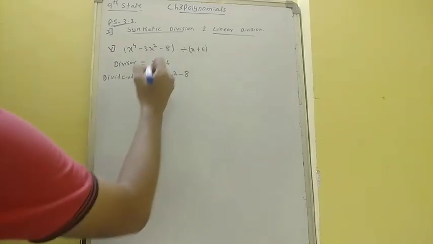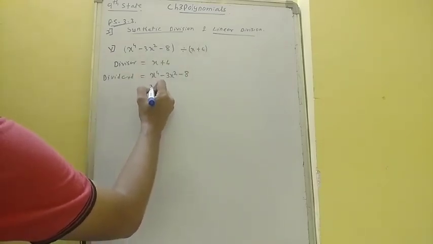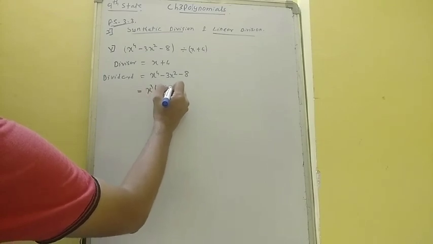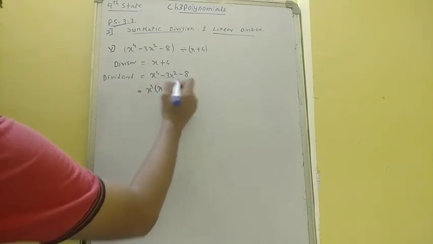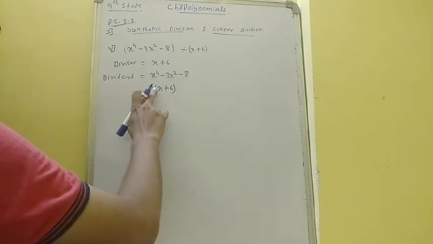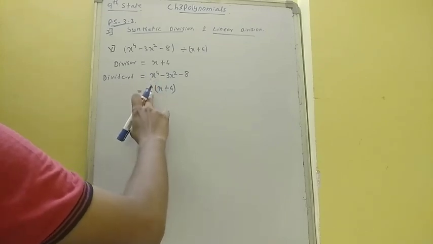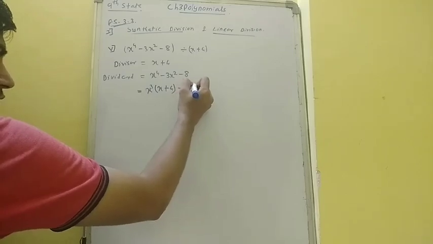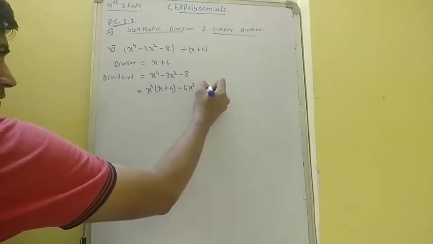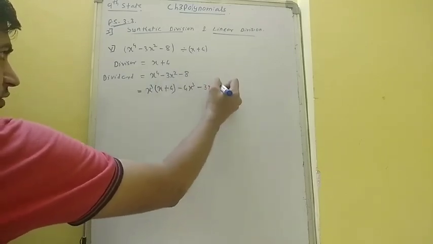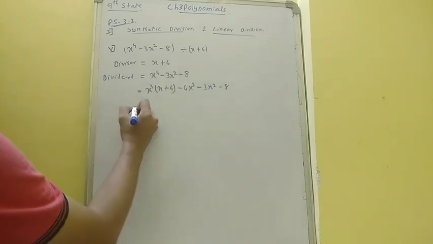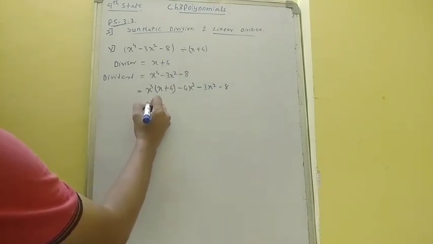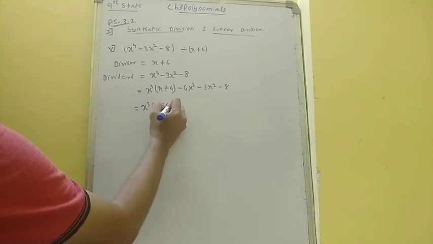we want x, so we will take x cube common, so we will have x plus 4. Okay, and the rest of the things as it is, but x cube into x, x raised to 4, x cube into 4, 4x cube. To balance that 4x cube, I will write minus 4x cube. Now this part as it is. Okay, so x cube x plus 4.